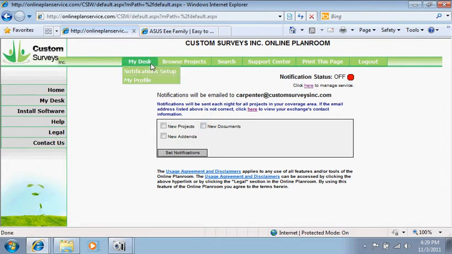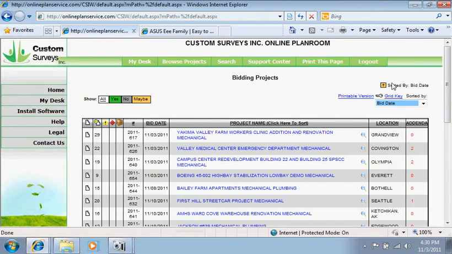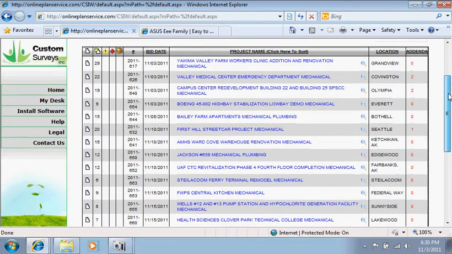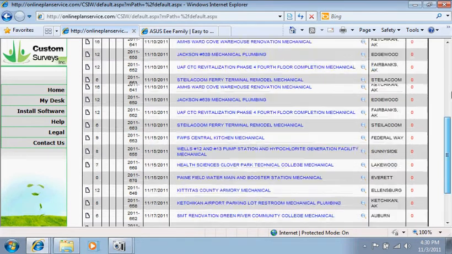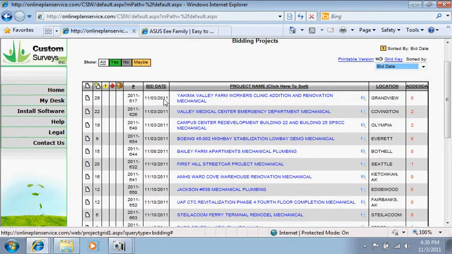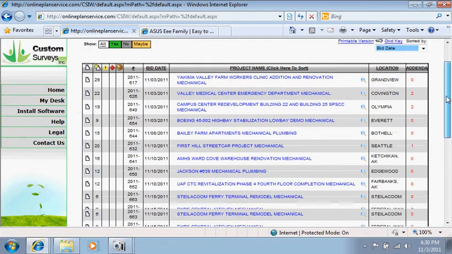Okay. Now, in order to actually search for projects, best way is probably, well, there's a few ways to do it. Let's go ahead and just browse the projects. Now, the first button here is the bidding projects, projects that have not yet bid. There'll just be a list of all the projects. It's arranged by bid date, so the nearest bid date, which is today, will be first, and it'll go through